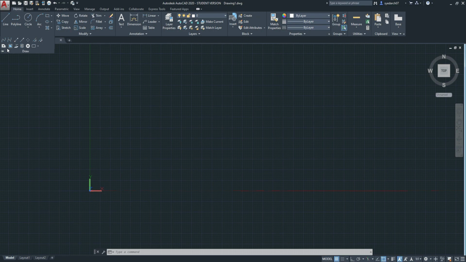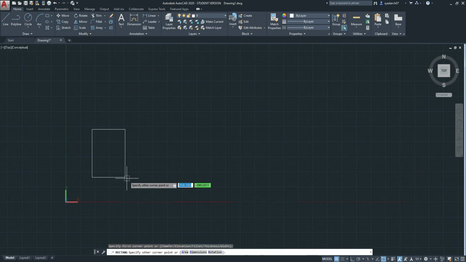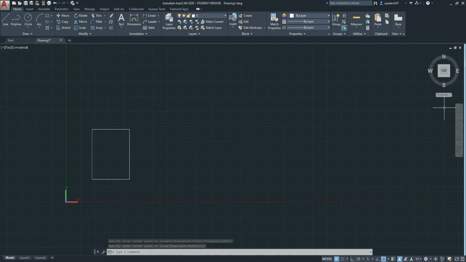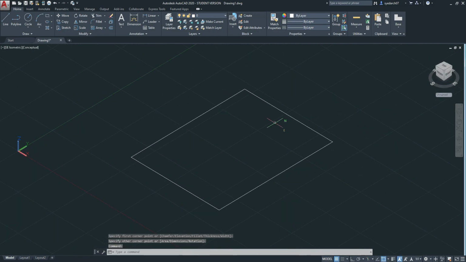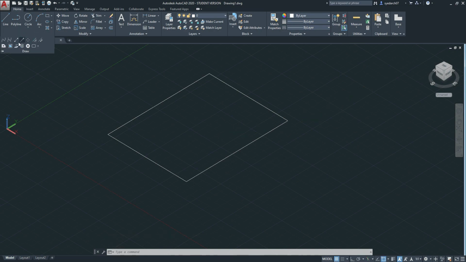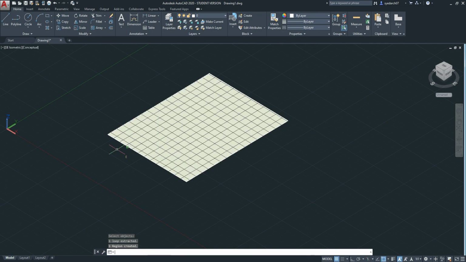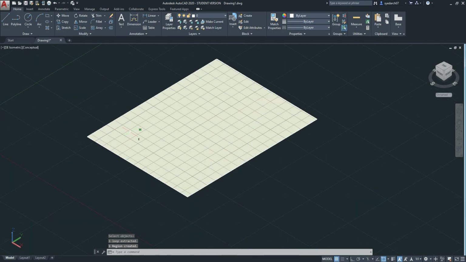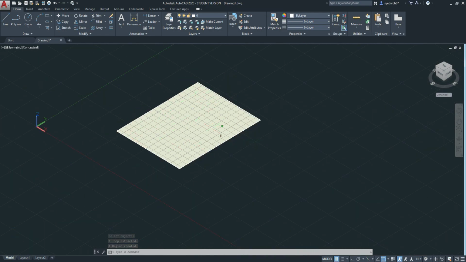What Region does is it just creates a surface on a closed 2D drawing, and after that you can use that surface to explode and work on 3D. Let me show you with an example. I will draw a rectangle here and switch my top view to 3D view. Next we need to select Region. You can click here, or use the shortcut REG and press enter. Now select this rectangle and press enter once again. You can notice we have created a surface here.